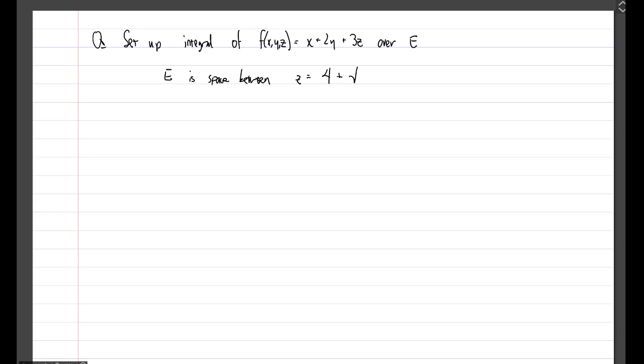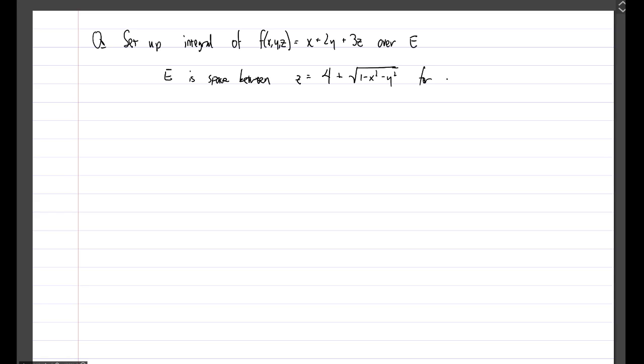Alright, let's set up the integral of f(x, y, z) = x + 2y + 3z over the set E, where E is the space between z = 4 + √(1 − x² − y²)